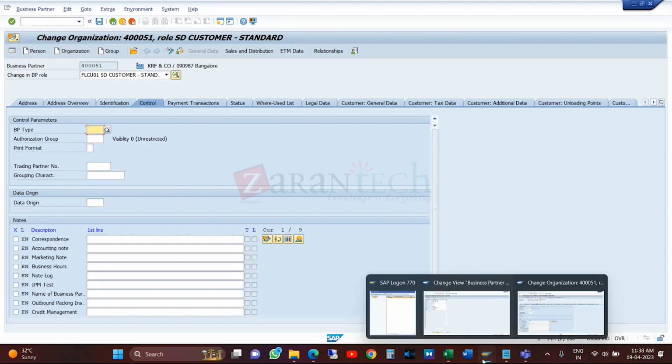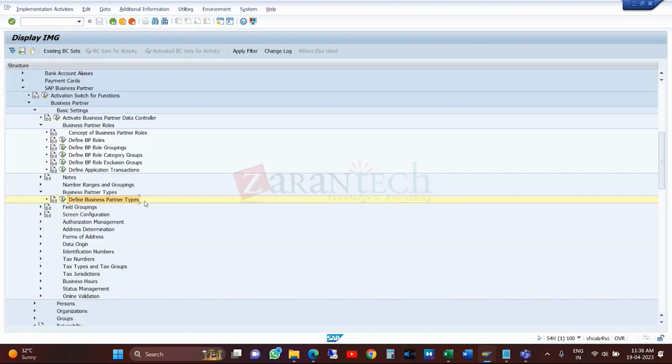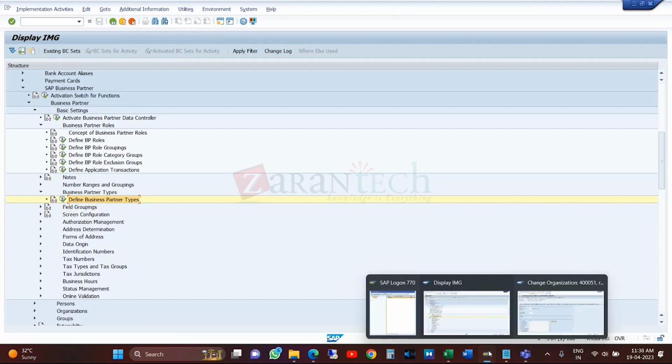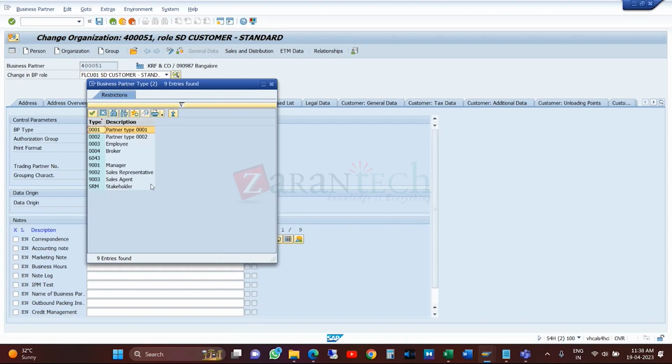You can get your own BP type. There is no more configuration than that. You make a partner type here and link the business partner, and when you do the field settings, we can do them for this BP type. I will come to that later. There is a field setting by BP type. For example, these are the standard default BP types. If you want one more BP type, for example a contract person,